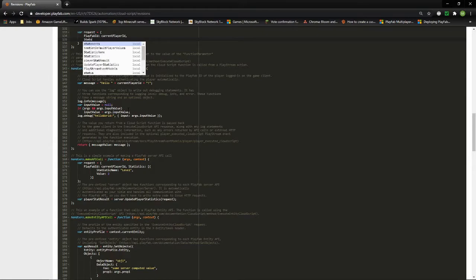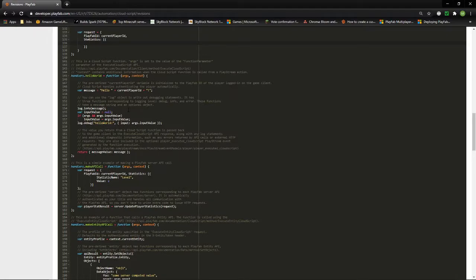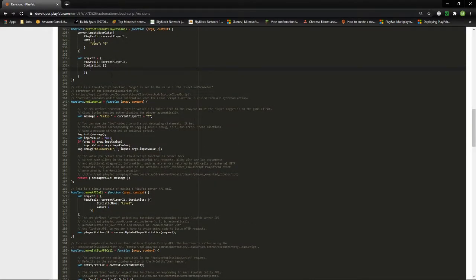Statistic being the data that you're going to pass through to the actual player statistic values. Now, this has two arguments. This is again in the form of an array, so you could probably update multiple at the same time if you needed to. Again, this will help with reducing API calls, which you want to keep as minimal as possible. But what you need here is the statistic name,